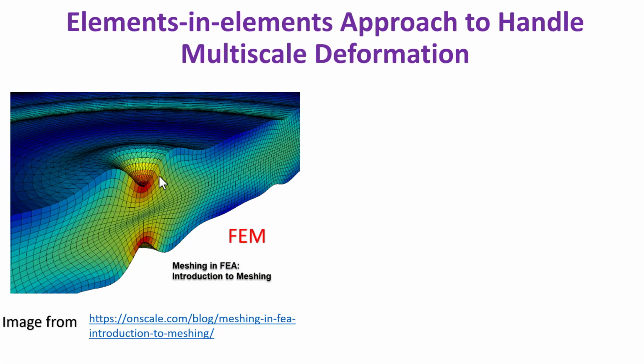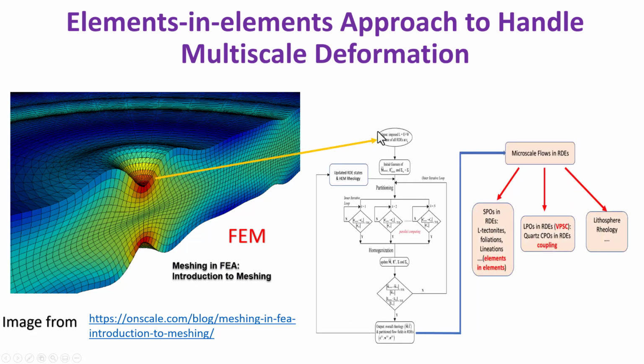The element-in-element approach can be used more generally. Our Moplar approach can be nested into a finite element model, for instance. A finite element model for lithospheric deformation can extend many hundreds of kilometers, and each element can be many cubic kilometers. The finite element model generates truly macro-scale flow fields, and we can select the macro-scale flow field in some elements to be used as input for our Moplar calculation.